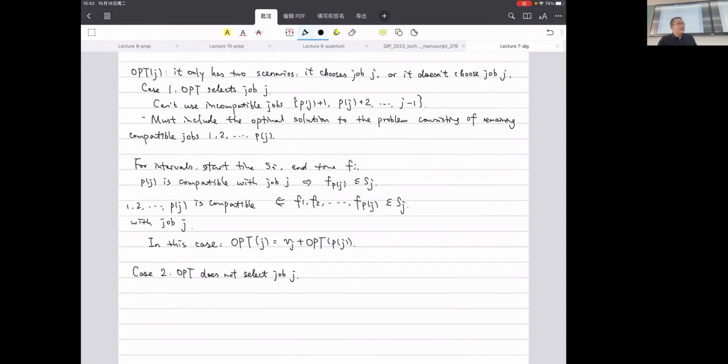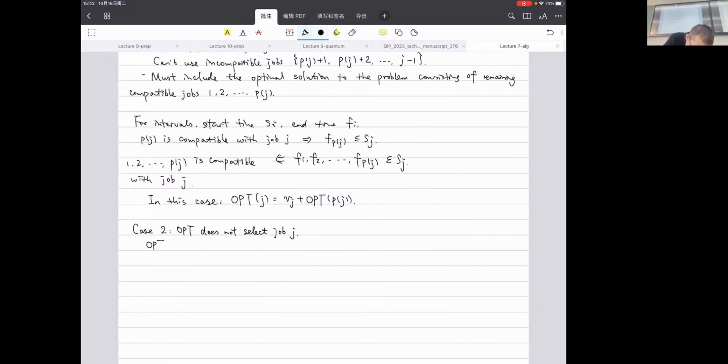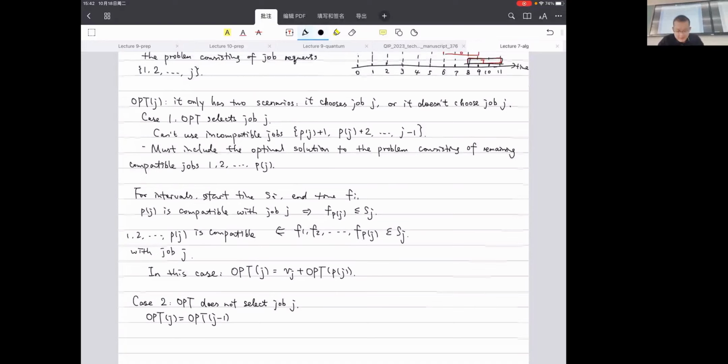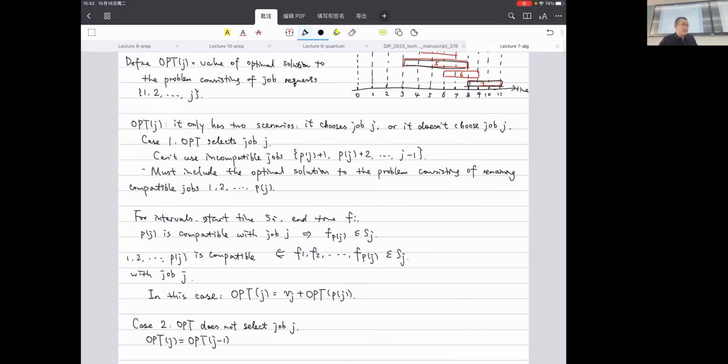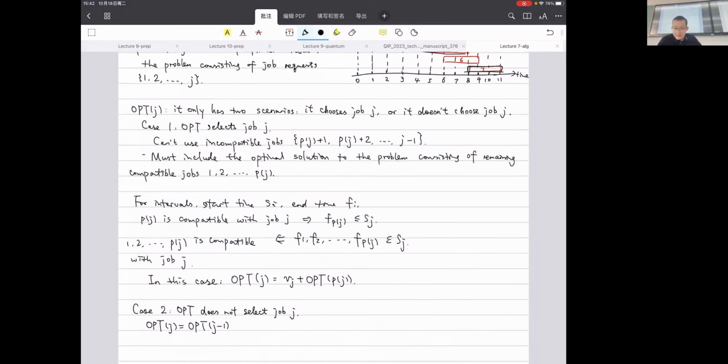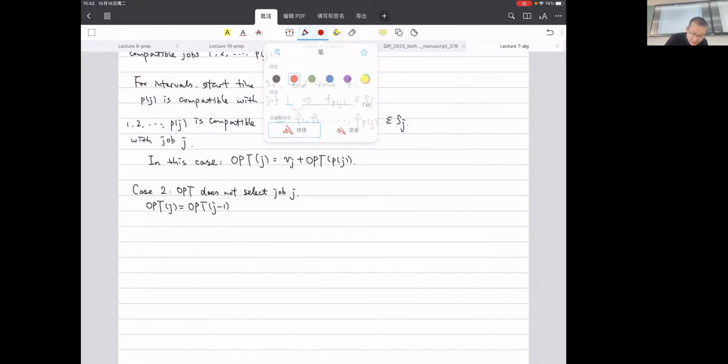In this case, the only information we know is that OPT does not select job j here. But the thing that we know is that OPT j is going to equal OPT j minus 1. Because you want to solve the optimal solution using the intervals 1, 2 to j here, and you know that you are not going to choose the jth job. Then definitely you know that OPT j just equals OPT j minus 1. Or in general, as a summary,